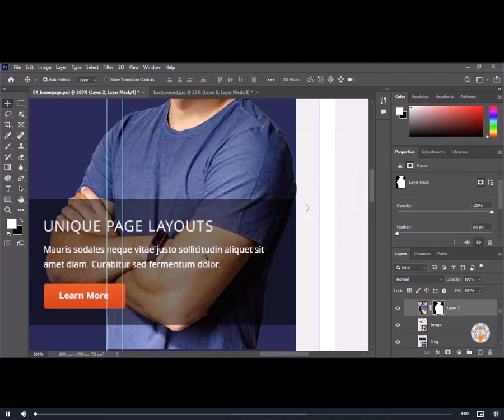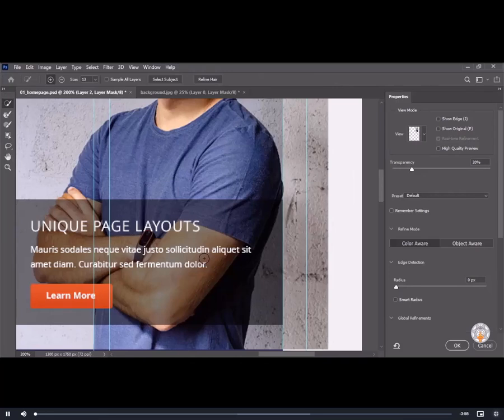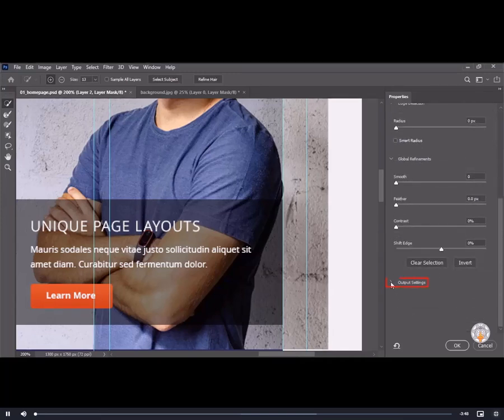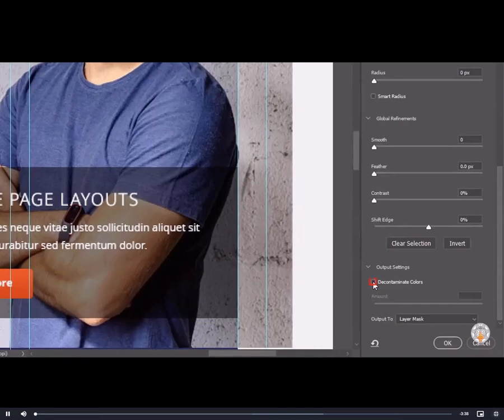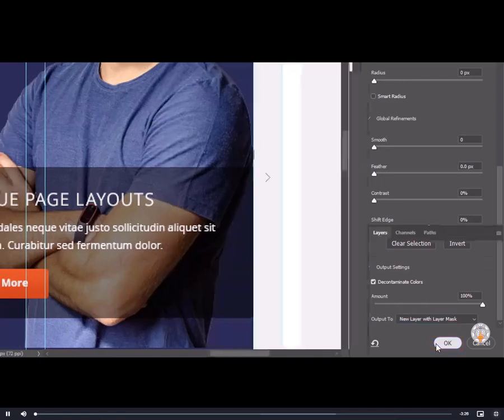If you click here, it's going to open a different panel of selecting masks. Now there are various options here, but the one we want to use to remove the fringe on the edges is the output settings, and we can select decontaminate colors, which basically removes the edge color overlay on the foreground here. So we can enable that, increase it to a higher number, 200%, and I will select OK. A new layer with a new mask will be created for us, and if you click OK, we can see we